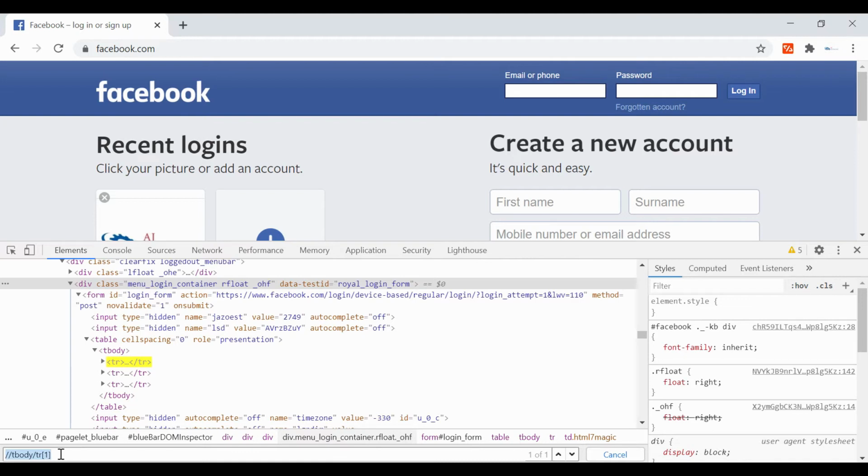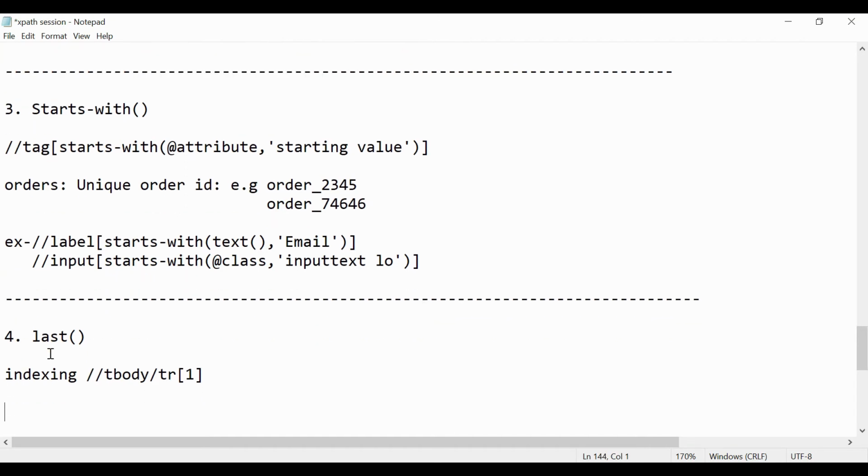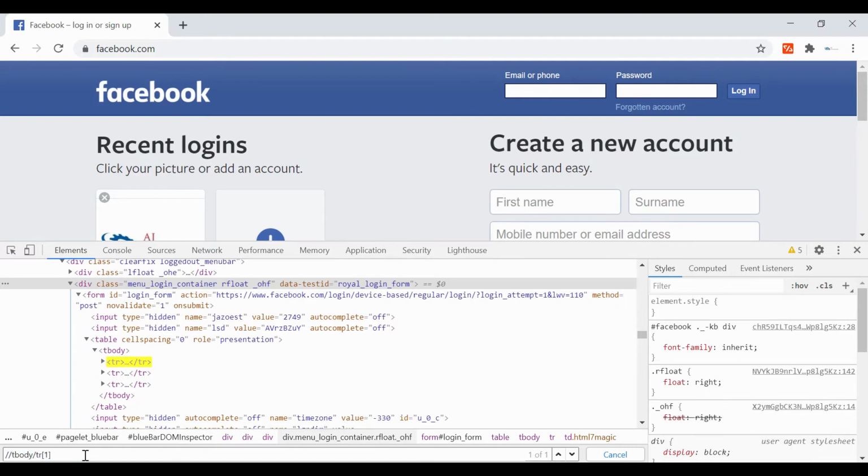Just to understand the last function, you need to understand this first: just mention the index in square brackets. Now where will the last function be useful? Let's say here after tbody, without indexing, you want to go directly to the last child.